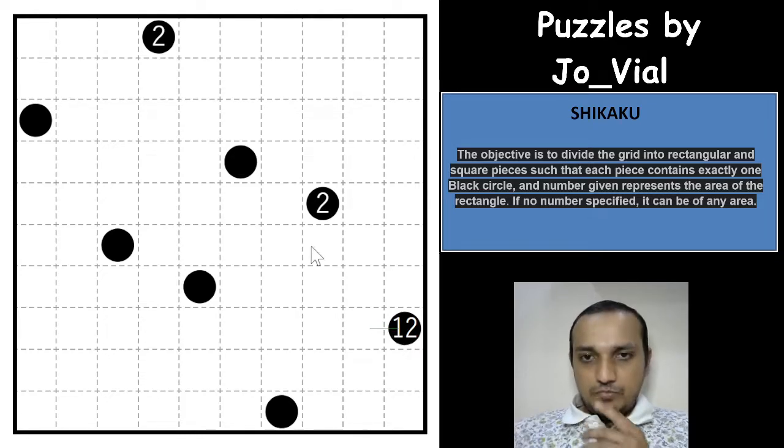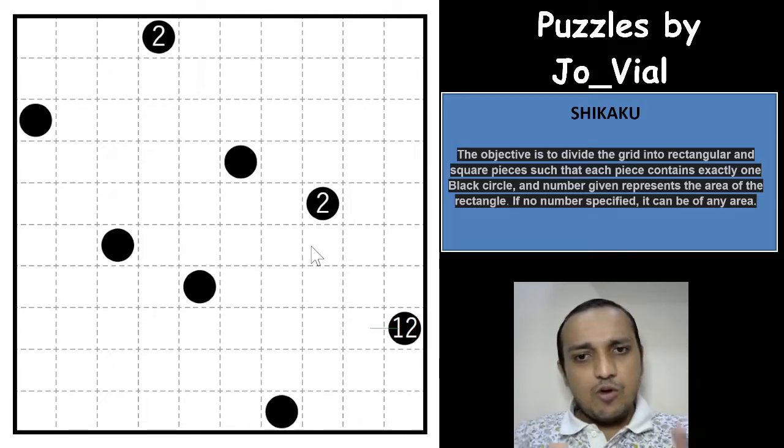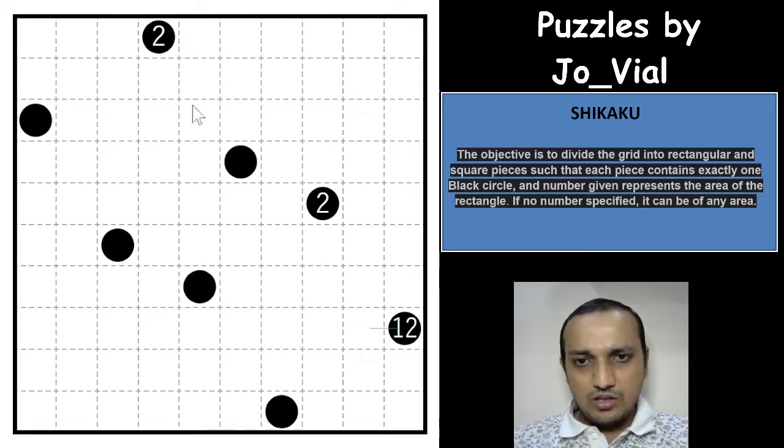Usually Shikaku puzzles that I have seen earlier have all the numbers given in the black circles, but I am seeing this puzzle with only 3 numbers and the other 5 circles are without any numbers. So that's a really good puzzle, I would say, because a different kind of thinking is required in this puzzle. One of the thoughts I can see is that every white cell will have to be part of a rectangle or a square, so which black circle can take this cell?